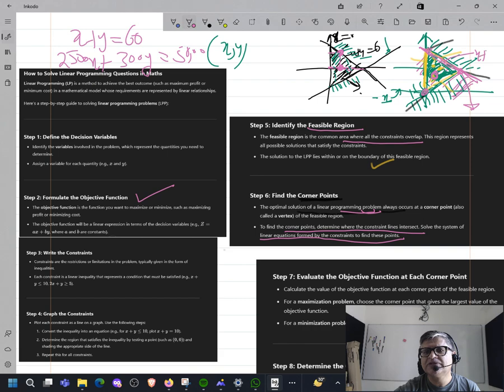If this is x plus y is equal to 60, then if x is equal to 0, y is equal to 60. So you can find this also, right, by putting the value of y to be 0. Similarly, like we put x equal to 0 here, we can put y equal to 0. We will get another point, right? So the corner points are not difficult. Solve these two to get the intersection point of the constraints, and then put the value of x and y to be 0 respectively, and you will be able to find the points of intersection. First aim is always to find the point of intersection, primarily of the constraints.